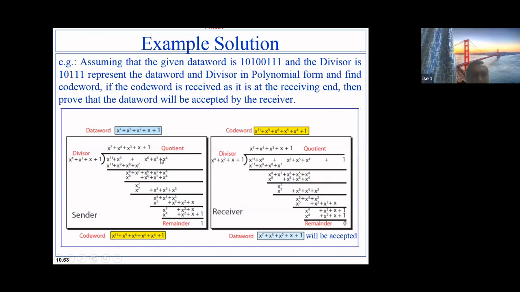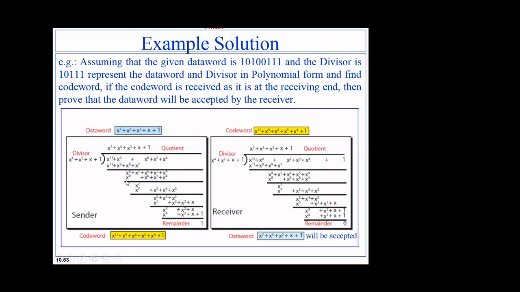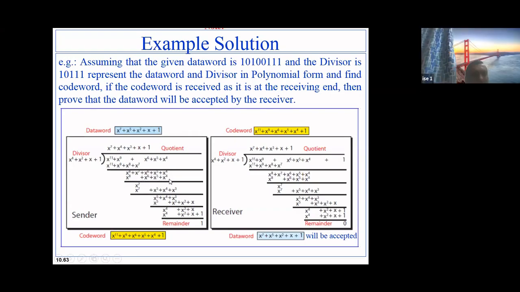And these 3 positions you have to bring down to make it 5 positions. So x to the power 6, x to the power 5, x to the power 4 comes down. Now since you need x to the power 8 over here, you multiply this equation by x to the power 4. So this becomes x to the power 8 plus x to the power 6 plus x to the power 5 plus x to the power 4. So if you cancel these, you get only x to the power 7.